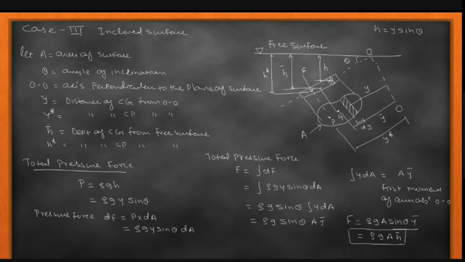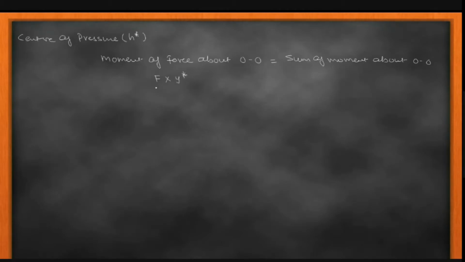If you remember, you can see here, this is the center of pressure where F is acting, and the distance of the center of pressure from OO dash, the reference line, is Y star. That's why here we have F into Y star. Now for the sum of that we need to do the integration of the forces into the distance, which is called the first moment. So dF is the pressure force acting on the strip, and the distance of that strip from the reference axis OO dash is Y. So we need to do the integration of all this.